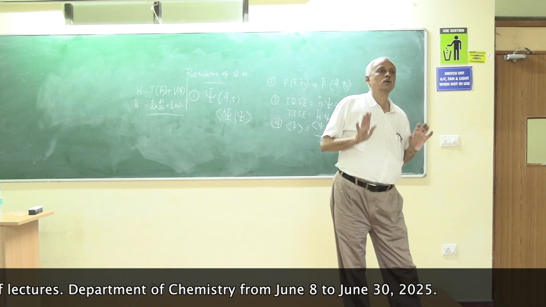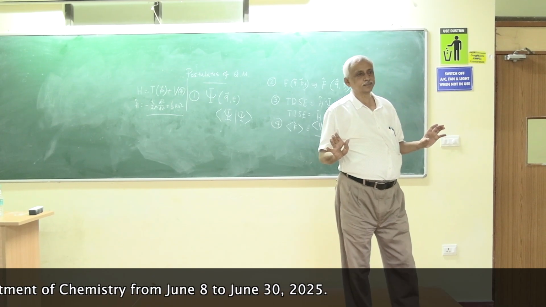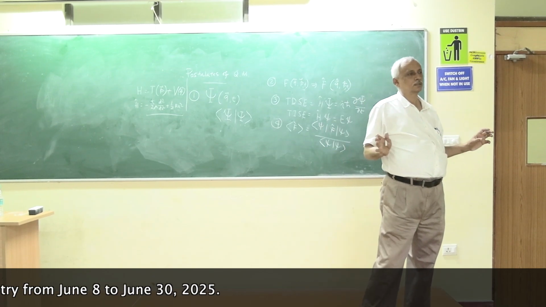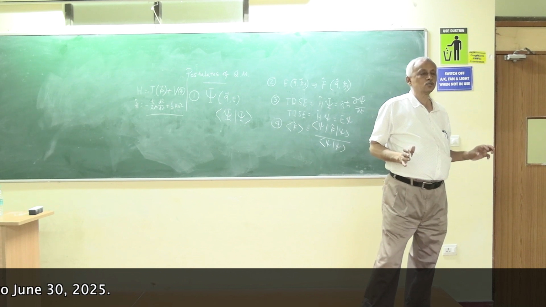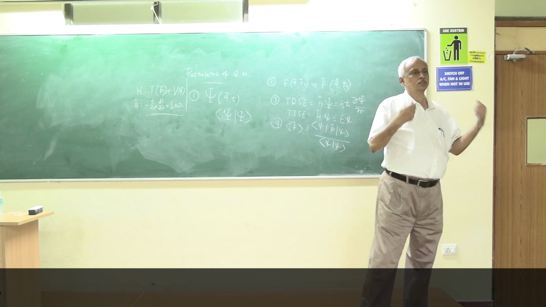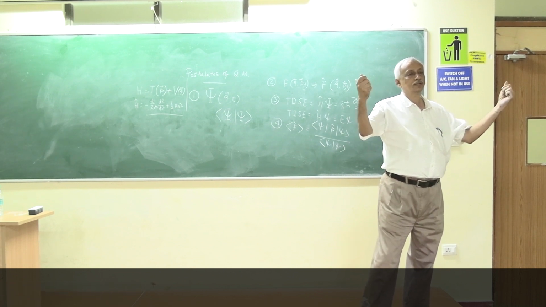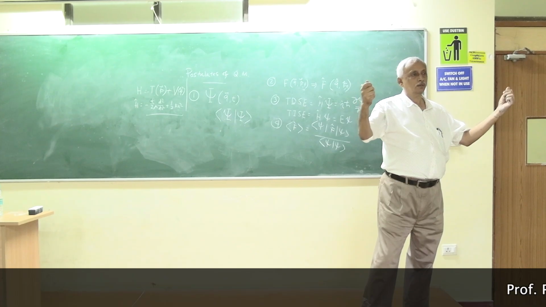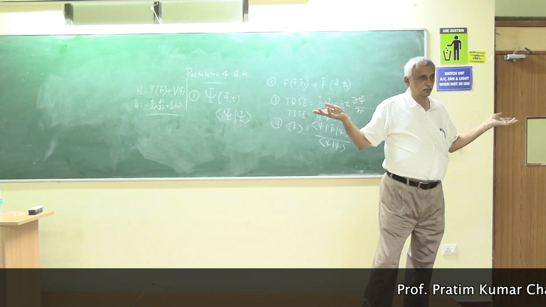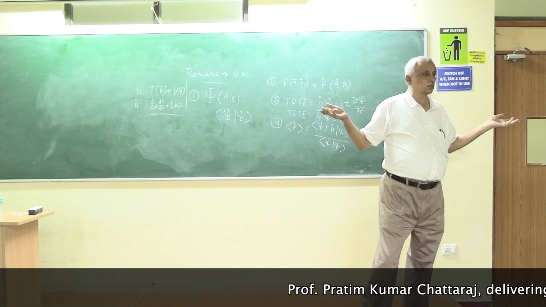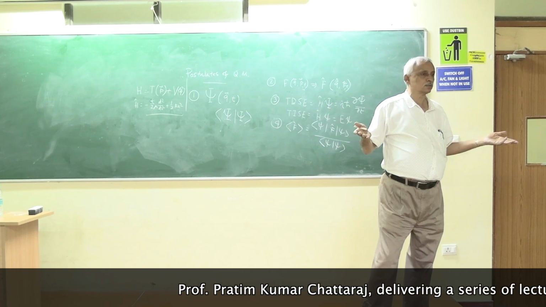So depending on your capabilities and your requirement, suppose you are too over enthusiastic to calculate something very, very accurately, you have to go for some basis, but your computational power doesn't allow you to do this. You have to reduce